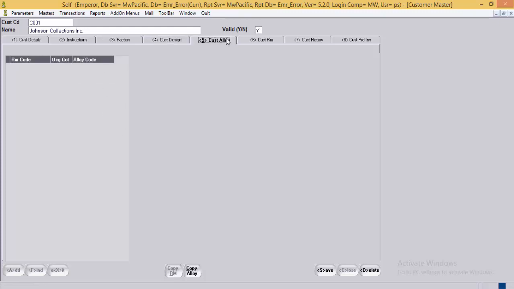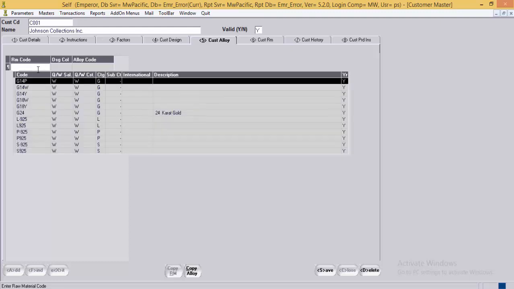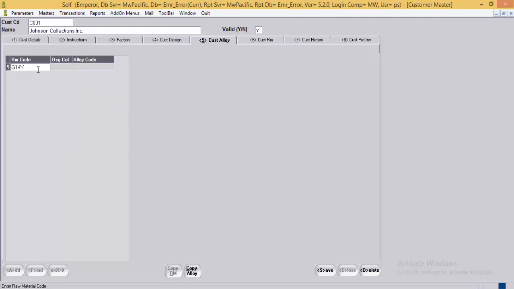Some customers are very alloy specific. Those customers prefer specific alloys to be used for different caratage color combinations, and this information is stored in this tab. RM code is the valid RM code belonging to the RM categories like gold, platinum, silver, palladium or any other metal. For example, here we enter G14Y. Then the design color can be yellow, white, pink.